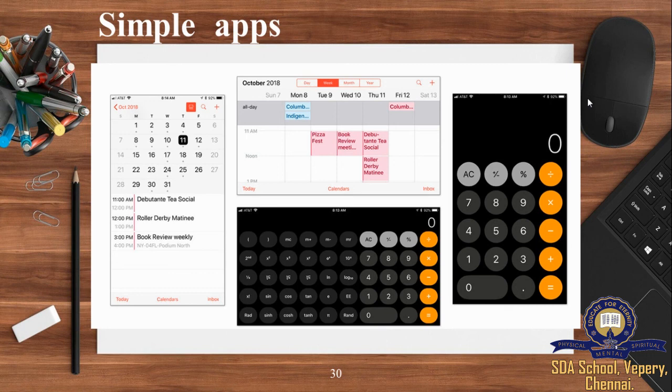So how do you use these applications? Should I install these applications or will they be default? They will be there in your mobile phone. You need not install this type of applications. If you want, you can also install them. In basic mobile phones and now in advanced technology, up to that you have this type of applications in your mobile phone. Okay, children. So now you all know what the applications are, what the application stores are, and how to install an application through different types of operating systems. You all are thorough, right?